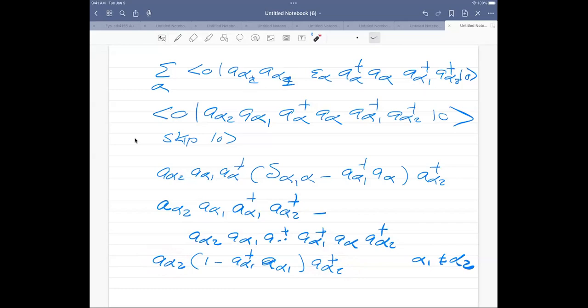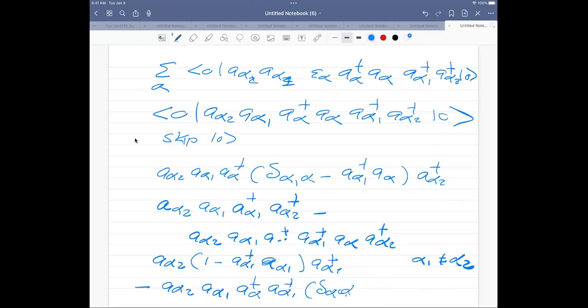So we have the first term, which I now rewrote like this. And then if I take the last term, so we have the first term, and then the next one, and then I have a minus. So minus A alpha 2 of A alpha 1, and then I have an A alpha dagger, and then I have an A alpha 1 dagger, and then I'm going to get a Kronecker delta between alpha and alpha 2. So I'm going to have a delta alpha of alpha 2 here, and then I'm going to get the next term, which is going to be, so if we do that properly,